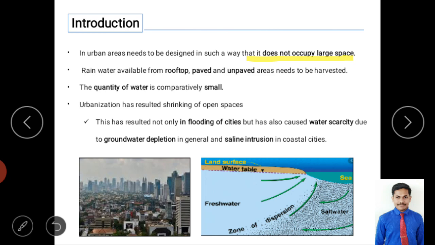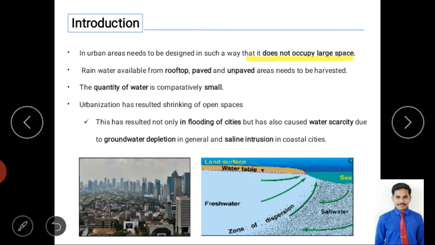For example, in rural areas we get more water from the vast area of agriculture as well as villages, but here we are focusing on small areas within the layout, within the house or within the compound of the house. When you are taking the water within the compound of the house, you get a very small quantity of water because of the small structure of the rainwater harvesting.